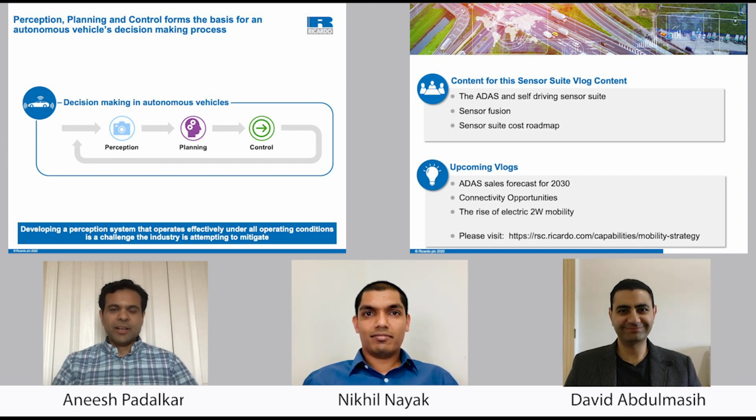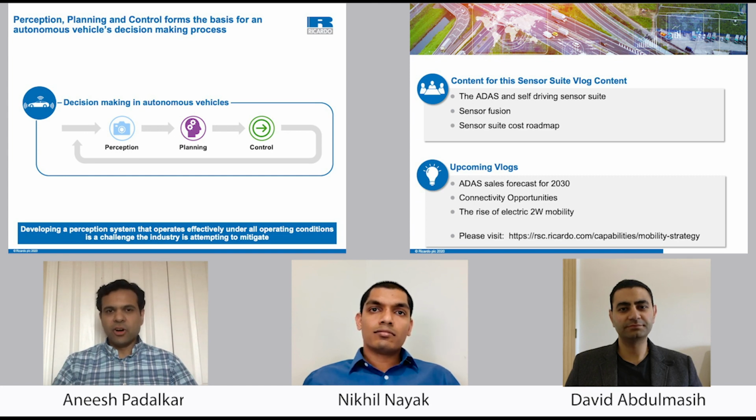So, when we talk about autonomous technology, broadly, we're talking about three main things. The first one is perception, or the sensory elements that try to understand the surroundings. The second is planning, or the computer brain, which is trying to map the human brain in terms of decision making. And the third is control, where the computer fundamentally commands the vehicle to do certain things like a human driver would. In this discussion, we're mainly going to focus on the perception bit,